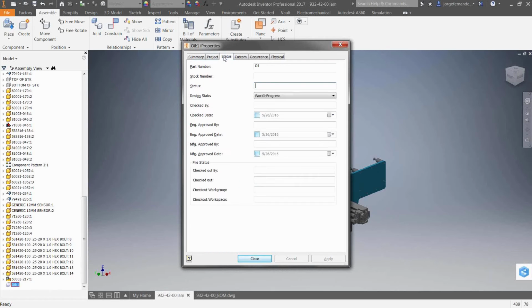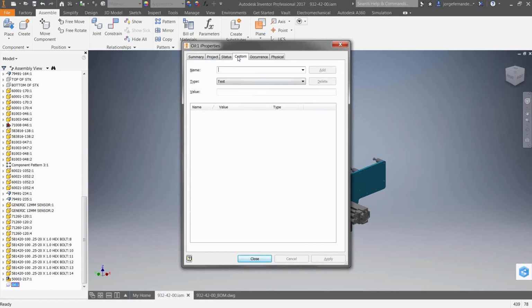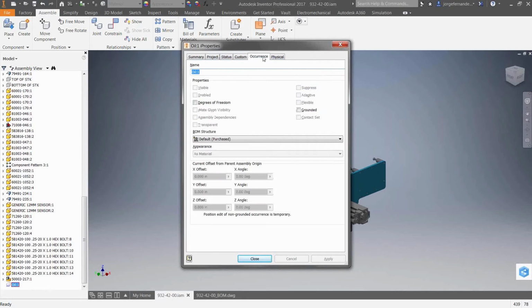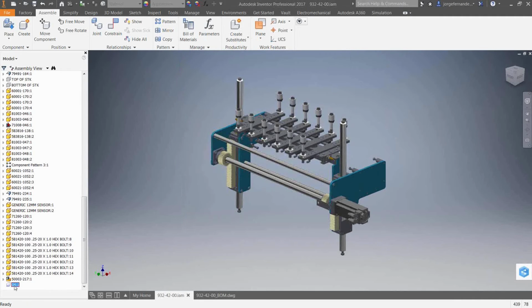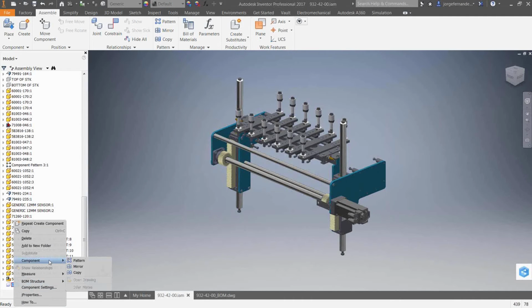Whether there's an actual part number to it, stock number, description, if there's any custom things that I want to add to it as well, I can still come back here and change the BOM structure if I wanted to as well. And maybe I want to add physical properties to this. I can do all that within here as well. And then I can also go to